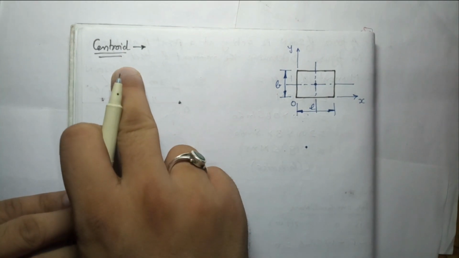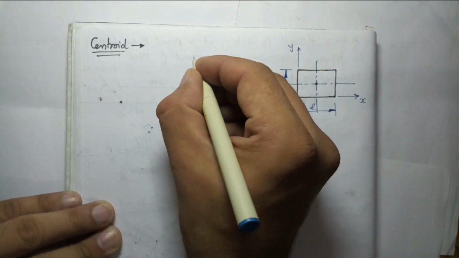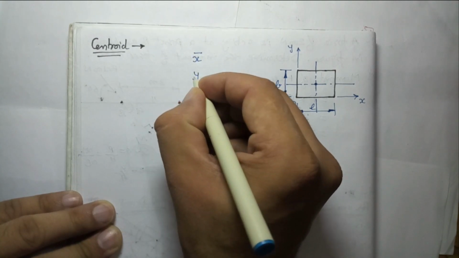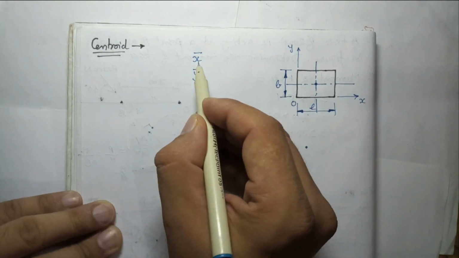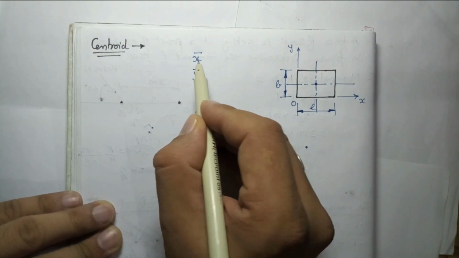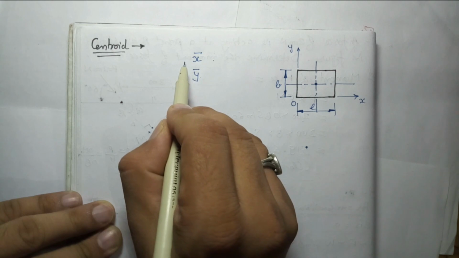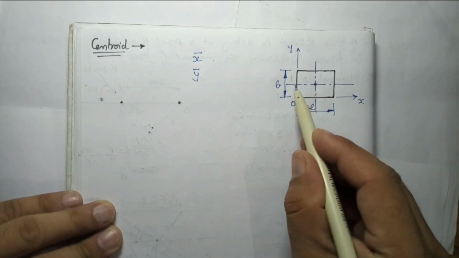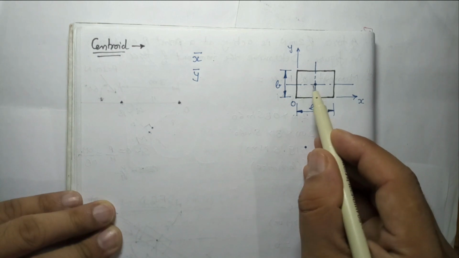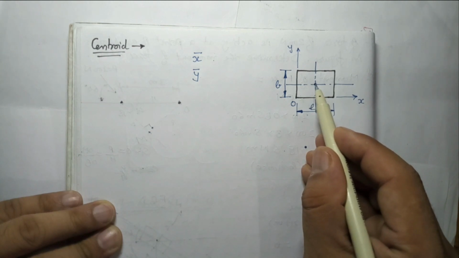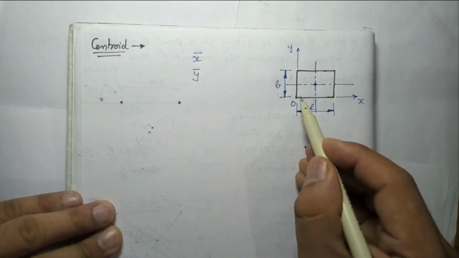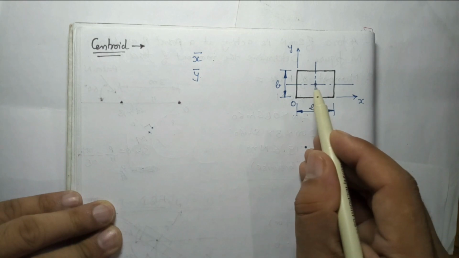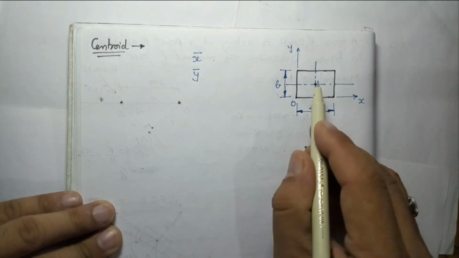Now how do we represent the centroid? We can say the centroid is x bar and y bar. x bar means the distance in the direction of x from the y-axis, from this origin to where the centroid is. As per geometry we found this is the centroid. I have to find out the coordinates, with respect to a reference, where the centroid is lying. That is known as locating the centroid.